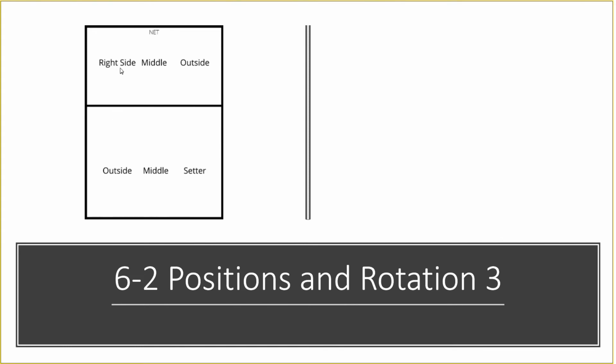So obviously, as I was saying at the start, some coaches, if the setter isn't a particularly strong hitter, may sub them off here, and then a new right-sided player will come on for them until they get back around this rotation, in which case the right side will come off and the setter will come back on. So as you can see, there's lots of flexibility and lots of options with this, but for the sake of